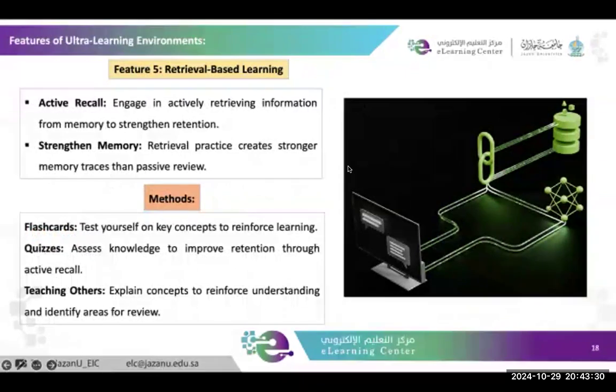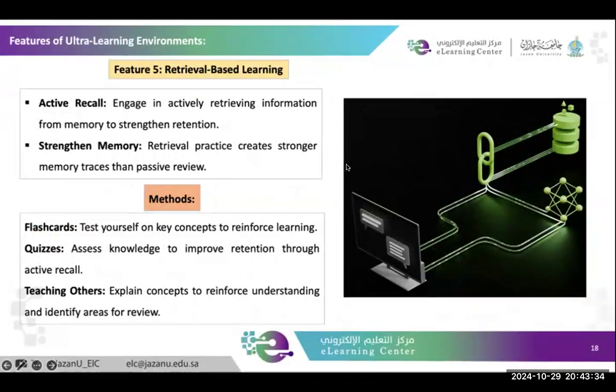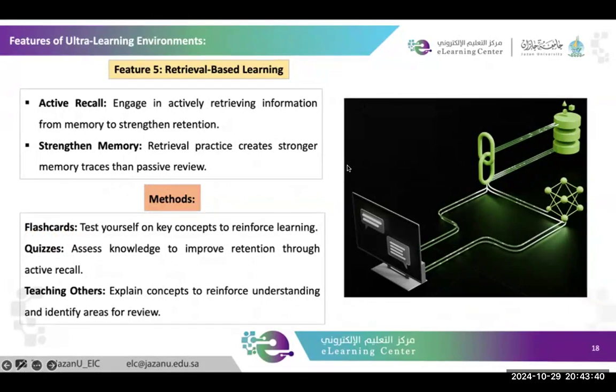Let us discuss it. It is a powerful technique that enhances memory retention by actively recalling information from memory, rather than passively reviewing it. This is what we were just doing. Because I asked you different types of questions, you recalled in your mind and retrieved the information, and that is also part of learning.